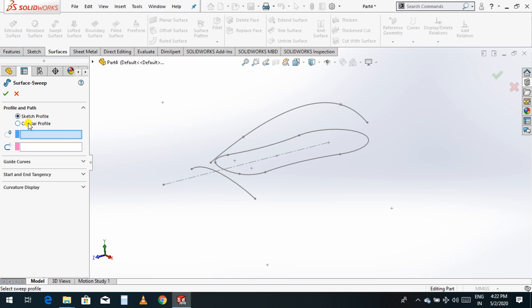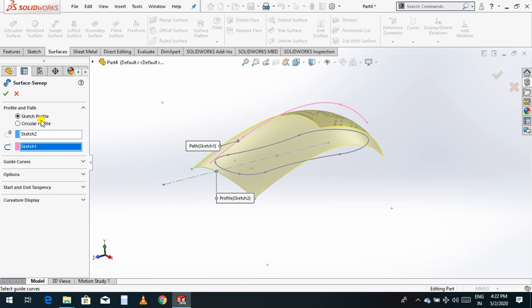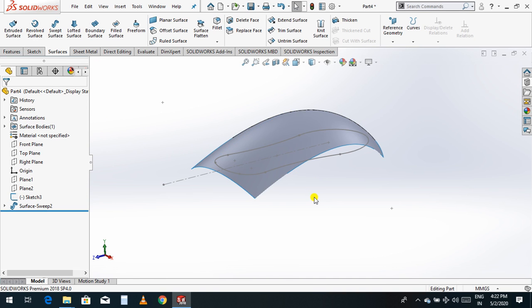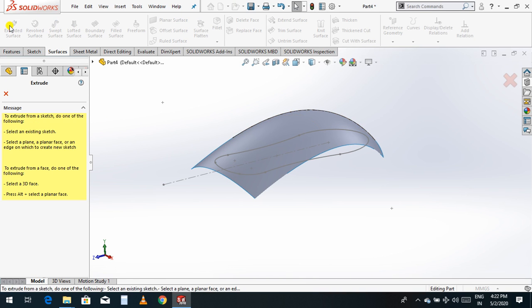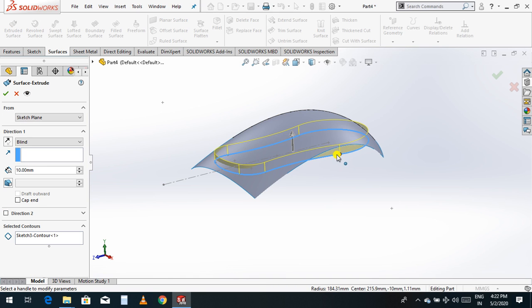Select the profile, select the sketch. This is our profile and this is our path. Click OK. Now again you go to extrude, click this line and extrude a little bit up, select OK.